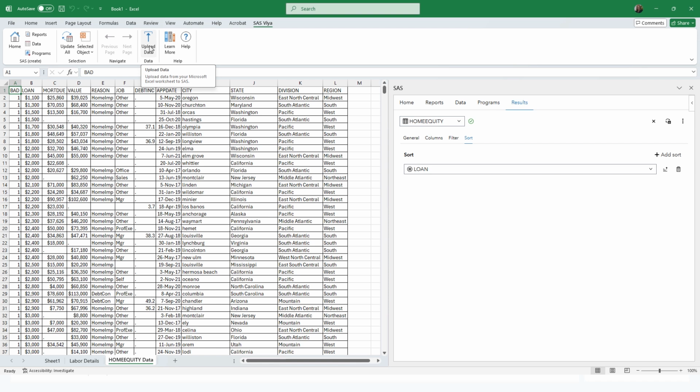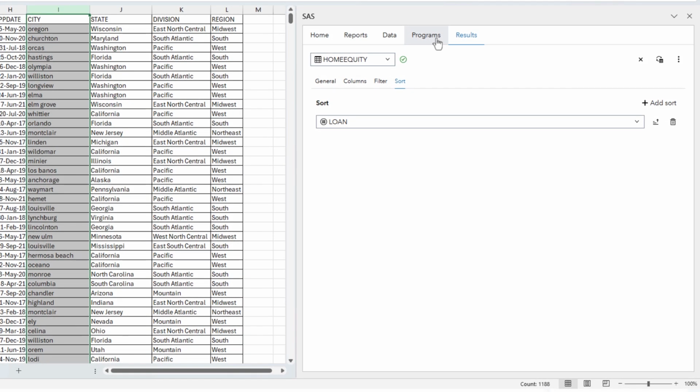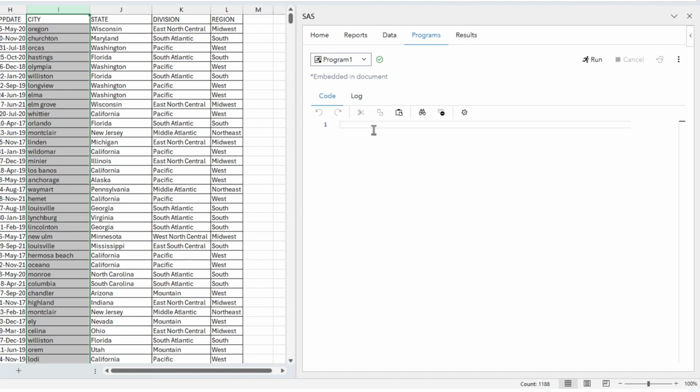Let's examine the data more closely. Notice the column City is in lowercase. You could resolve this temporarily in Excel, or you could use SAS code to create a new table with the proper case values. Select Programs and enter the following program in the Code tab: